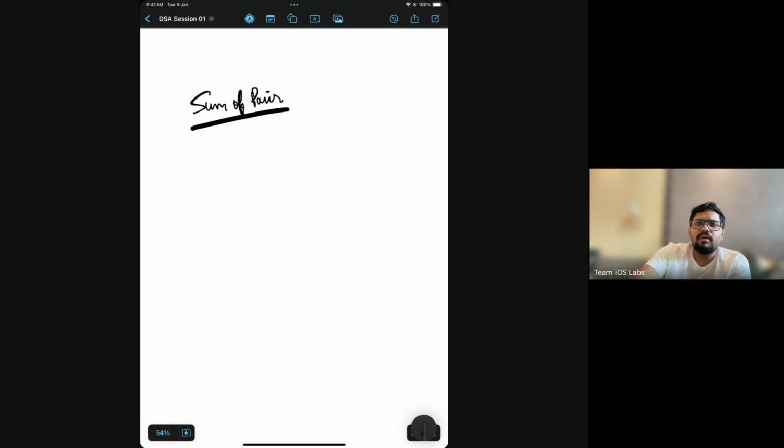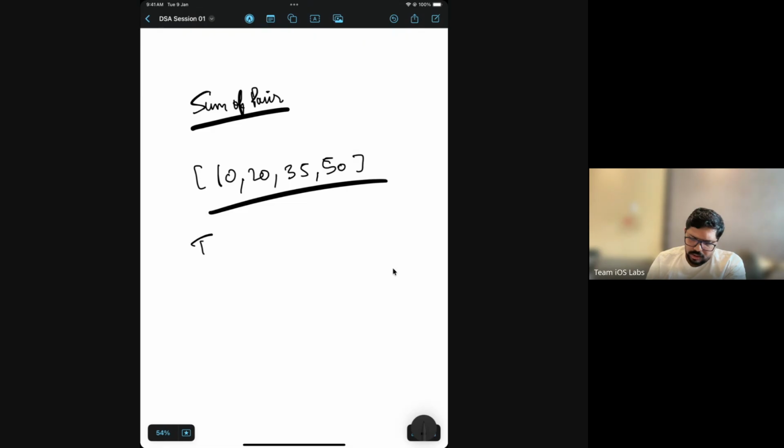You have input something like this. Let me take an example. You have an array of 10, 20, 35 and 50, and your target number right now is 70. Obviously you can easily tell whether any pair exists. There's a pair, which we can say is 20 and 50.